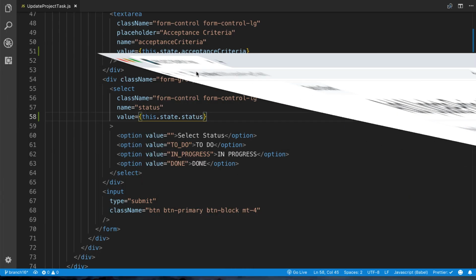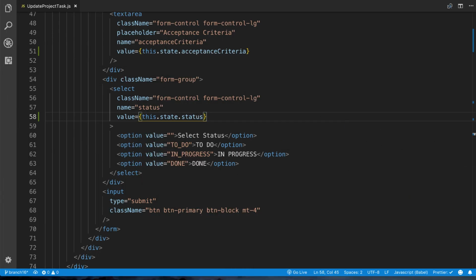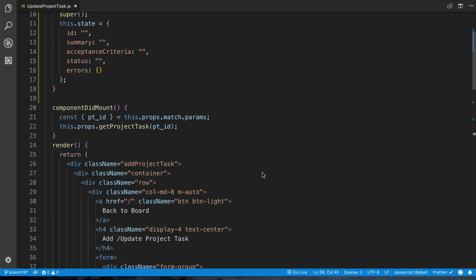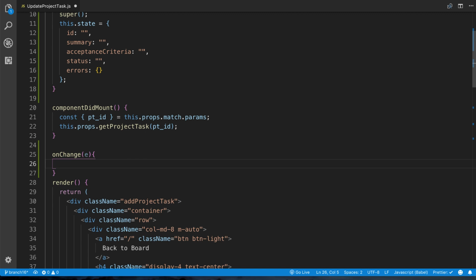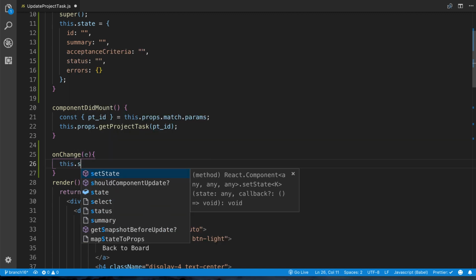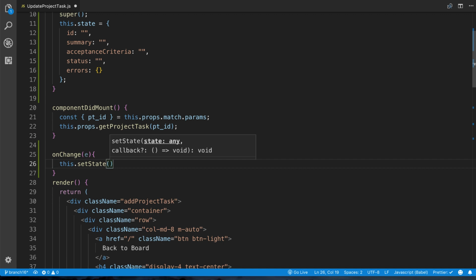All right, so now moving forward, and if you remember this from when we did the first form, we need to set up a function so that we can handle changes on the input field, so that we can actually handle those events, right? So here, right under componentDidMount, I'm going to type onChange, and then what we're going to do is this.setState, and we're going to use that same syntax that we used before,